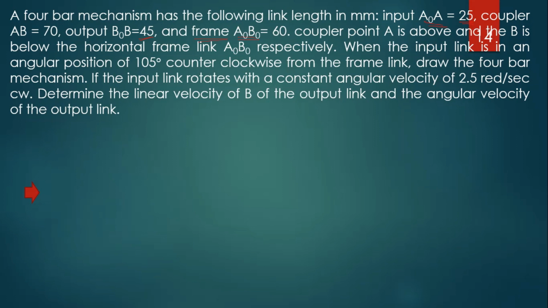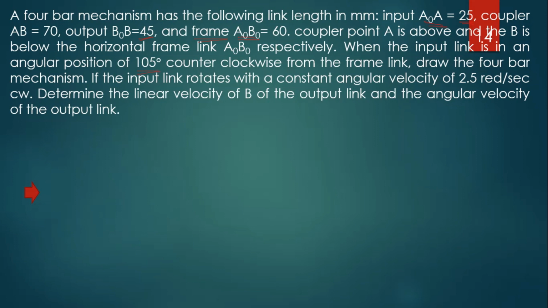So, frame A0B0 is 60, and coupler point A is above and B is below the horizontal frame A0B0 respectively. When the input link is at an angular position of 105 degrees counterclockwise from the frame link,